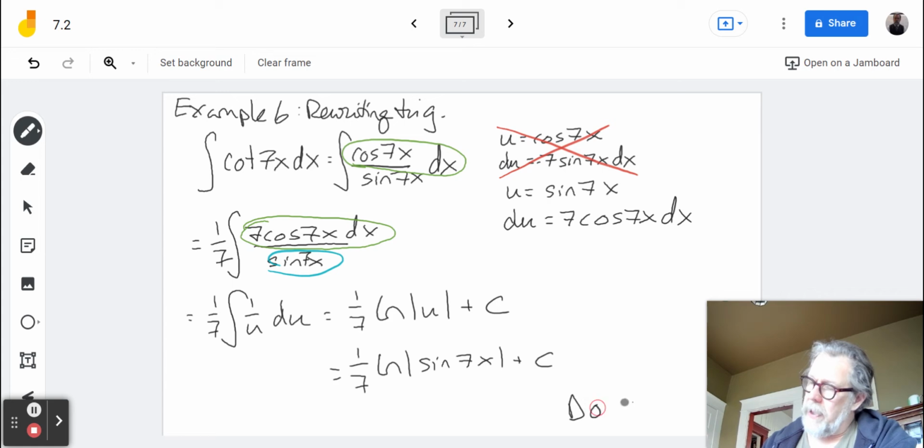If you are skeptical, you could spend a little bit of time actually taking the derivative of 1/7 natural log of absolute value of sine of 7x plus a constant and see if you get cotangent of 7x. And if you totally believe me that everything I did was true, you could do exercise 29 out of the book and then come back for the next example,